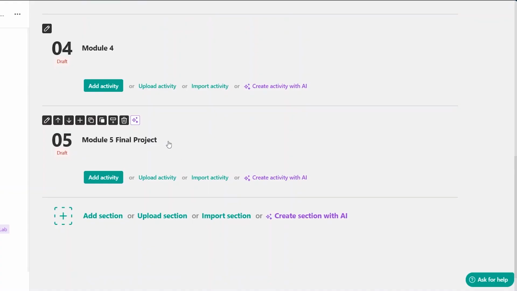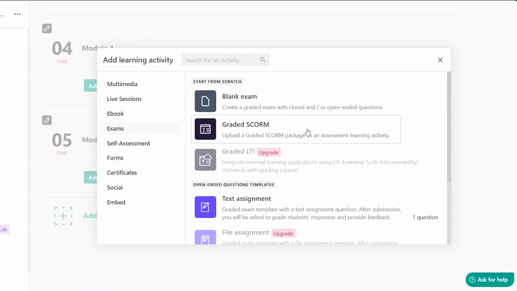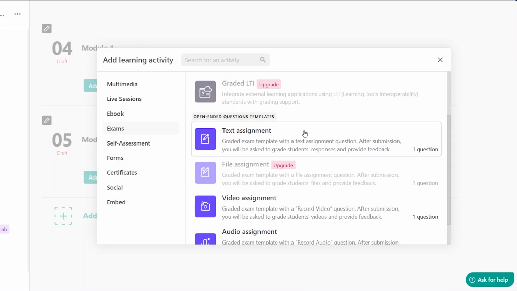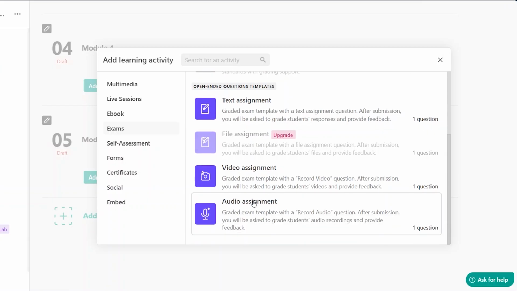And then in the last module, you're going to have your final project. You're going to add the activity. You're going to go to exams again, and then you're going to select blank exam. So just optional. I'm just giving you an idea. You can add in text assignment as well. Then you can also add in an audio assignment. You can also add in a video assignment, and then you can ask them to upload what they have created as well. So you can ask the students to upload any file which you can see,